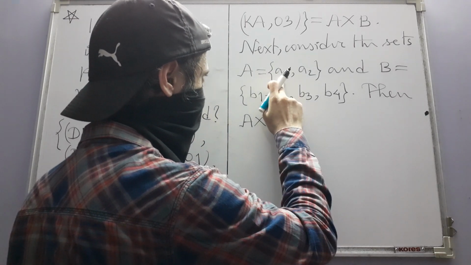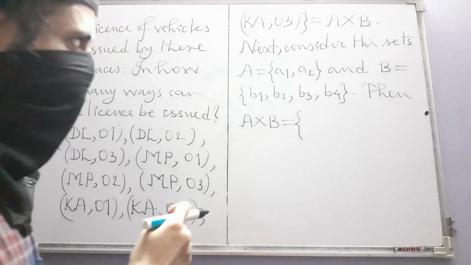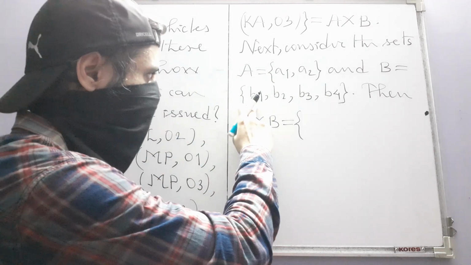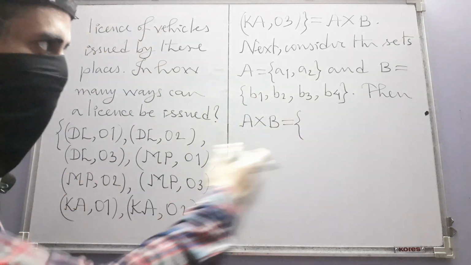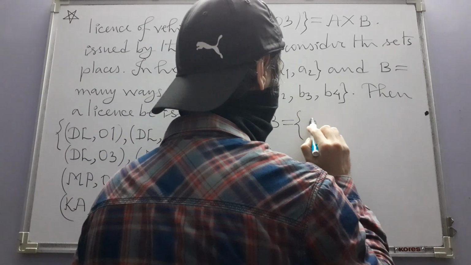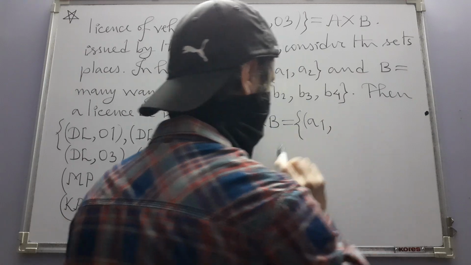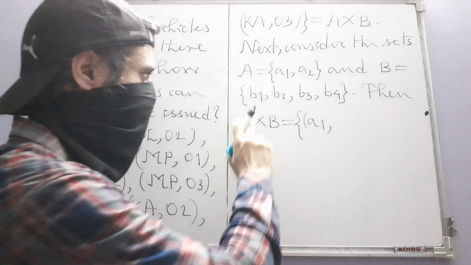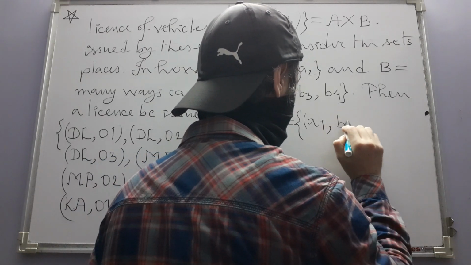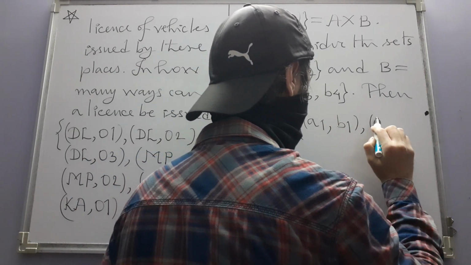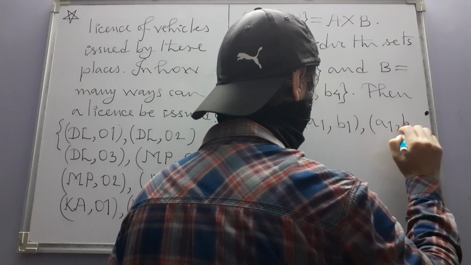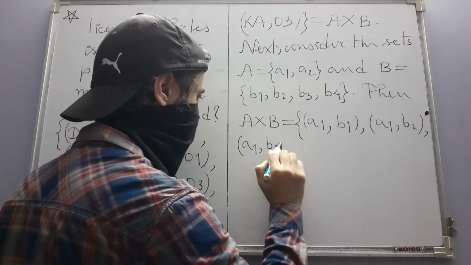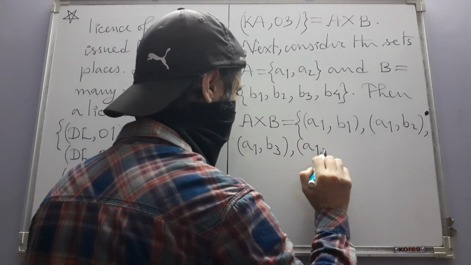First you fix an element of A, and with that element as the first element of your ordered pair, you then vary the second element over B. In other words, I am going to first of all consider those ordered pairs where the first component is A1. The second component can then be B1 or B2 or B3 or B4,